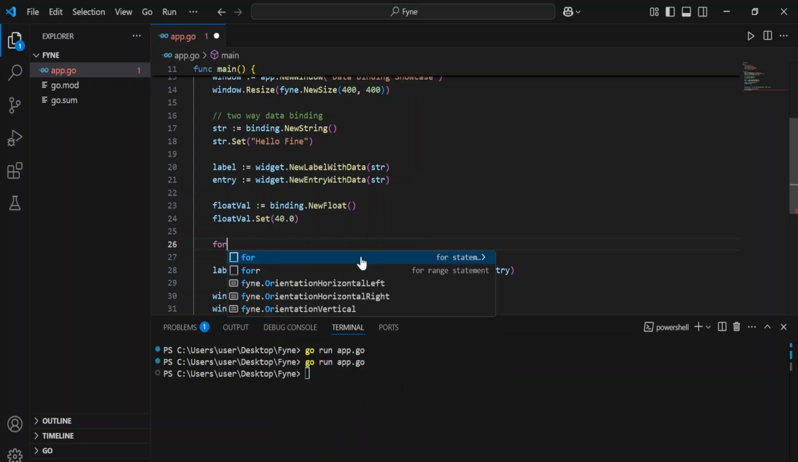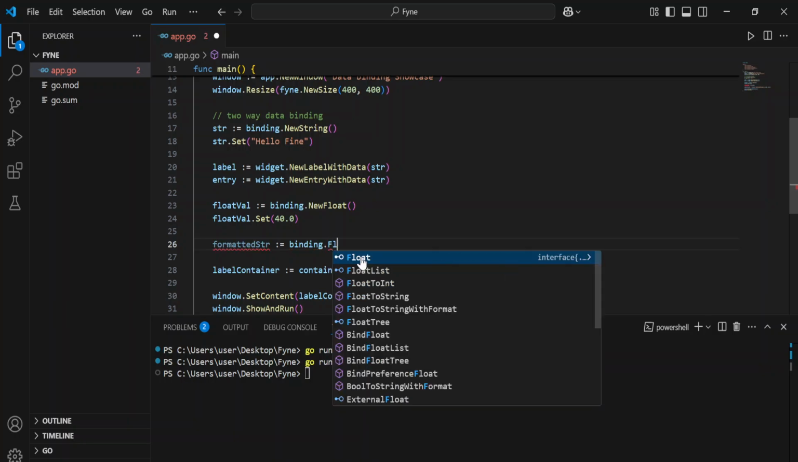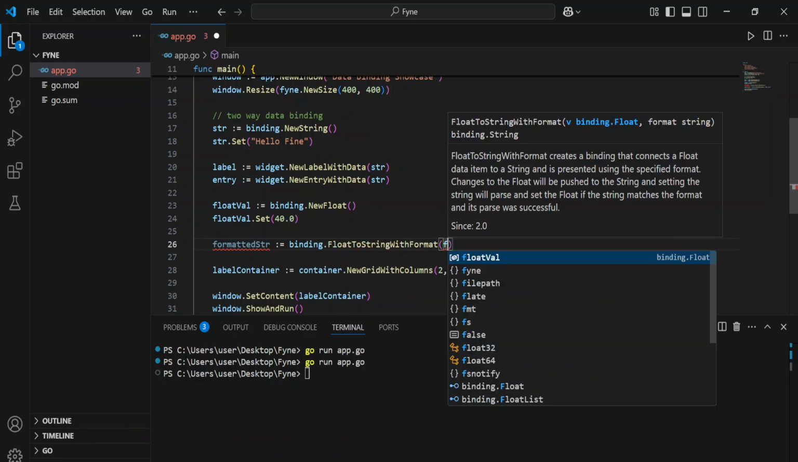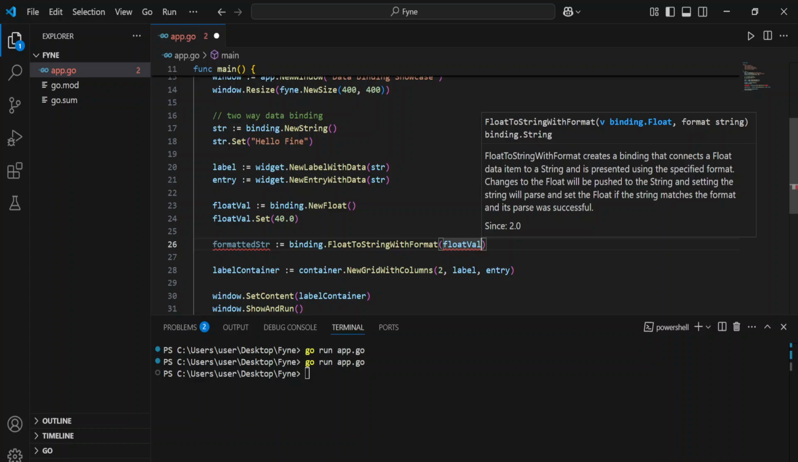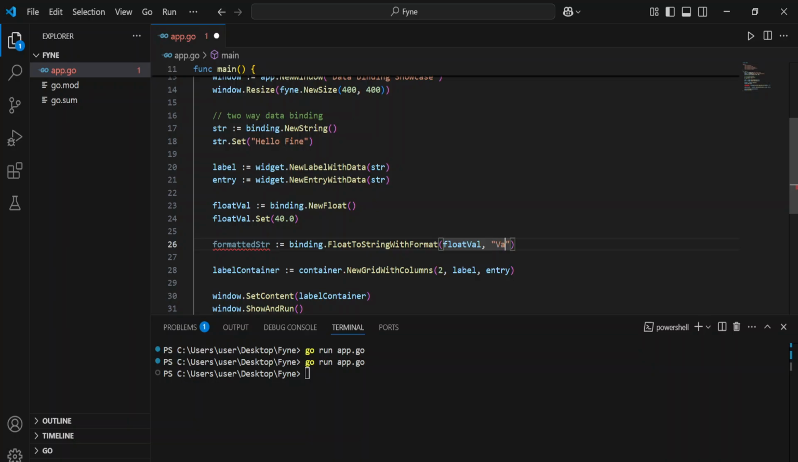So we can say maybe formatted string, because you have to convert the float to a string. Then we're going to say here binding.FloatToStringWithFormat, and then we define our float value, the one that we have already defined up there, and then you're going to say value, this is what you're going to be. Then you can format a string,